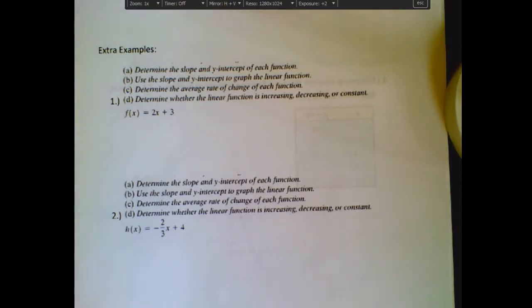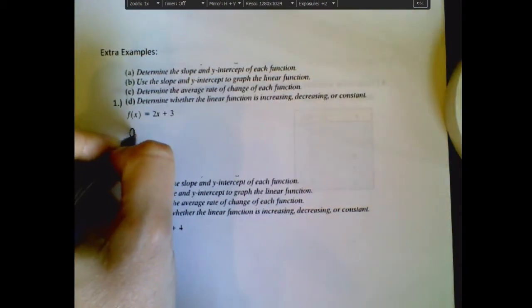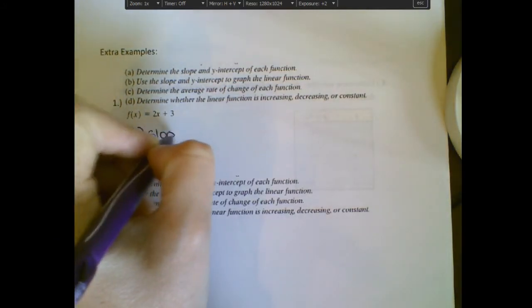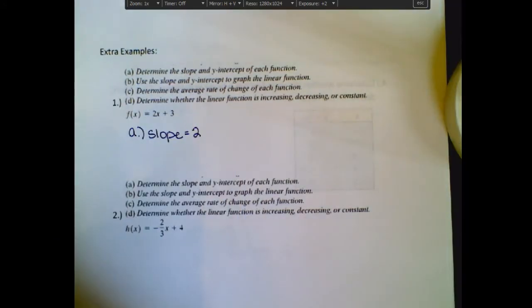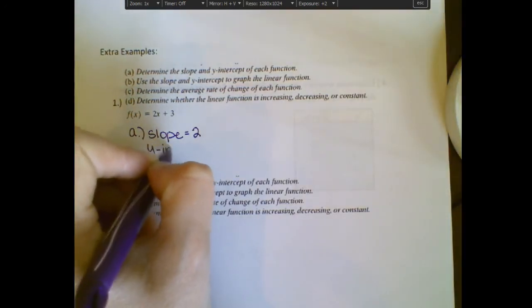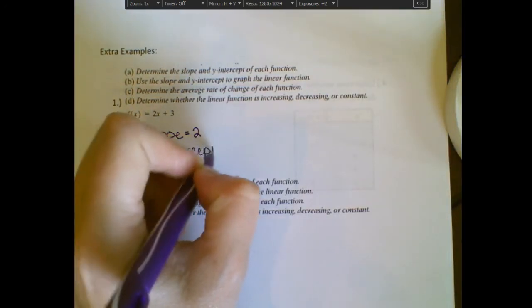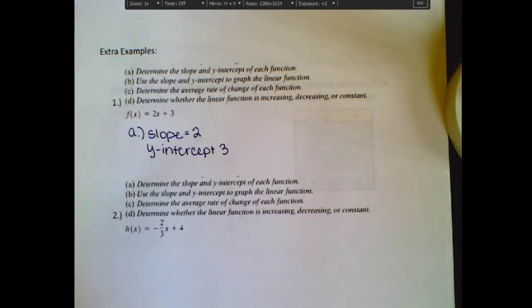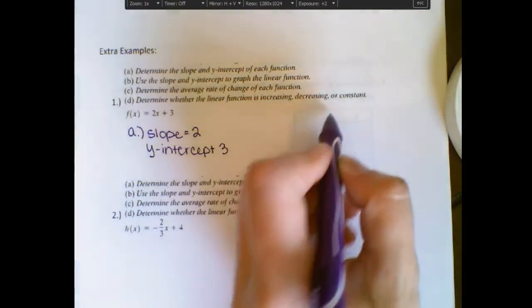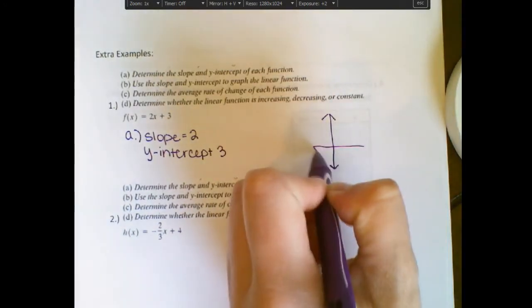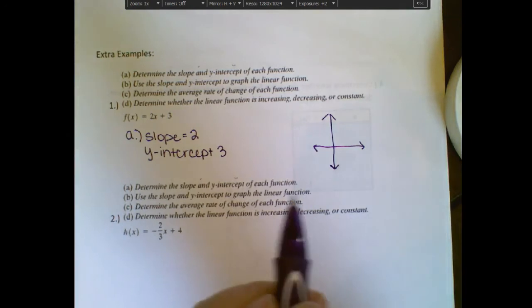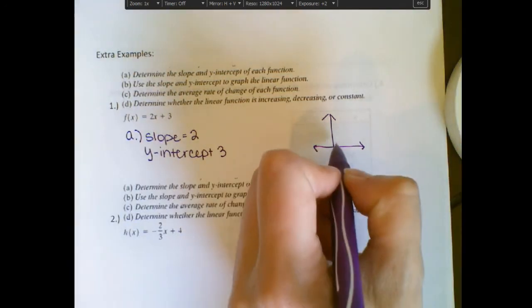So extra example number 1 says determine the slope and y-intercept of the function. Use the slope to graph this, then determine the rate of change, and then determine if it is increasing, decreasing, or constant. So A, our slope is 2. Our y-intercept is 3. Use our slope and y-intercept to graph. So I'm going to go over to my graph, and I am going to start at my y-intercept, which is